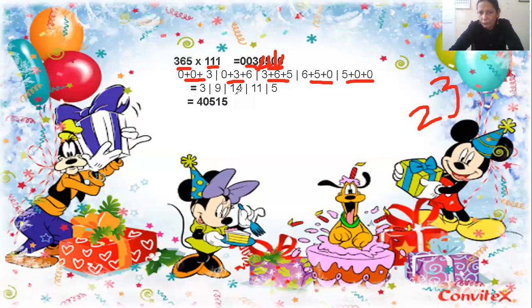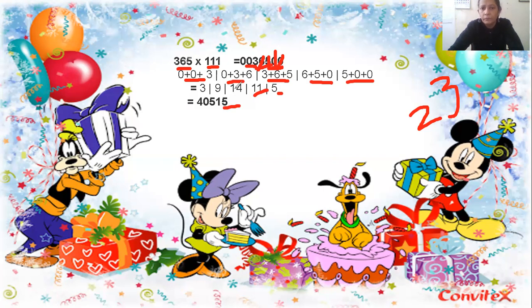Now in this step, 14 and 11 are 2 digit numbers, but you have to convert the 2 digit numbers into single digit numbers. How will you do that? See, 5 is a single digit number, so I have written here 5 as it is. From 11, you see what is at the unit place. 1 is at the unit place. You write down 1 here as it is. And from 11, 1 you will carry forward and add to the 14. 14 plus 1 is equal to 15.